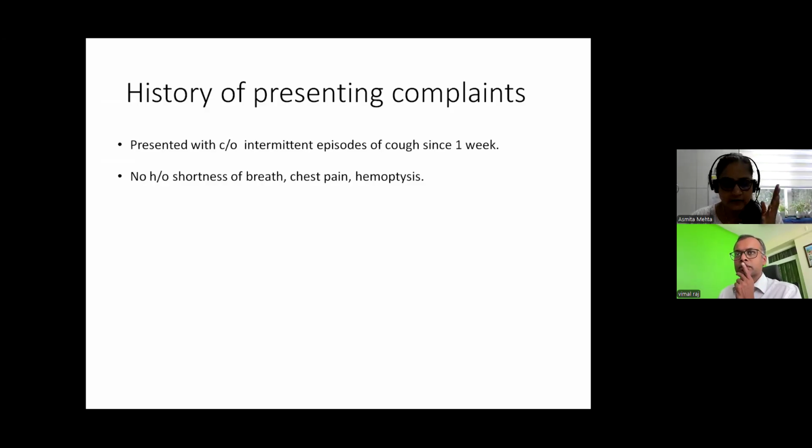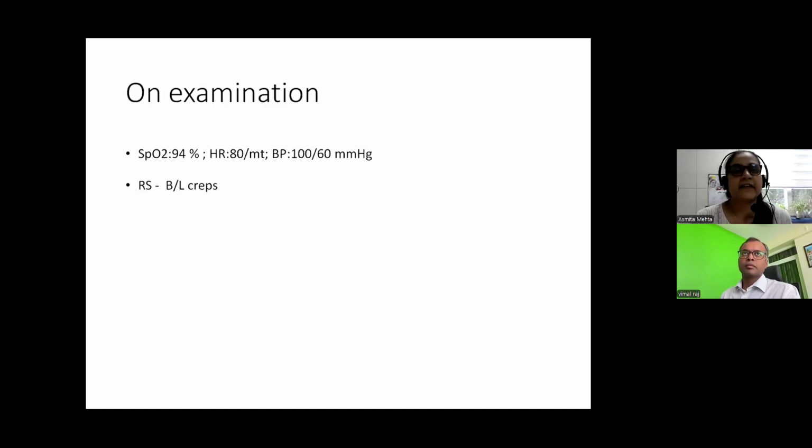So he first visited me somewhere in 2016 or so. By that time he was already diagnosed as ILD and lupus, but he was not under regular care, and he presented once again. That is how the history is. His saturation on room air was 94% when I examined him, with BP and other vitals stable. When I auscultated him, he had bilateral velcro crepitation.